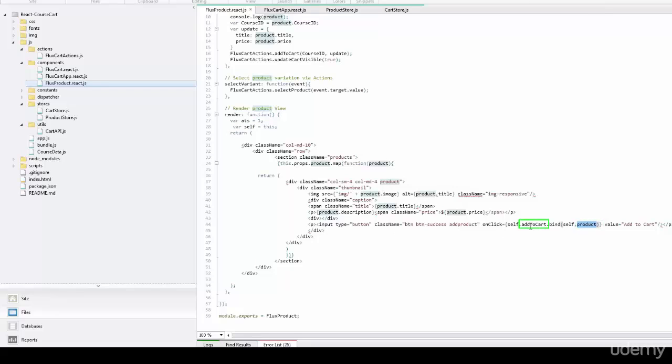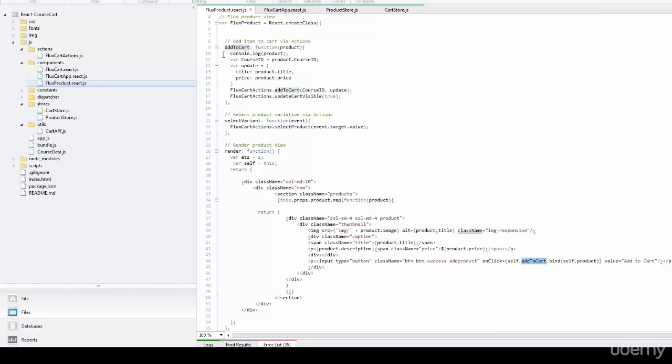Now when you click on this method add to cart, you'll notice we have a function defined over here. And this function then takes the course ID, which is a unique value for each of our courses, and then we are updating the title and price. This title and price will then be shown in the cart. And how we are doing that? We are simply making use of the FluxCart actions.add to cart and update cart visible. So here, course ID and update, these are the two things that we are passing to add to cart method